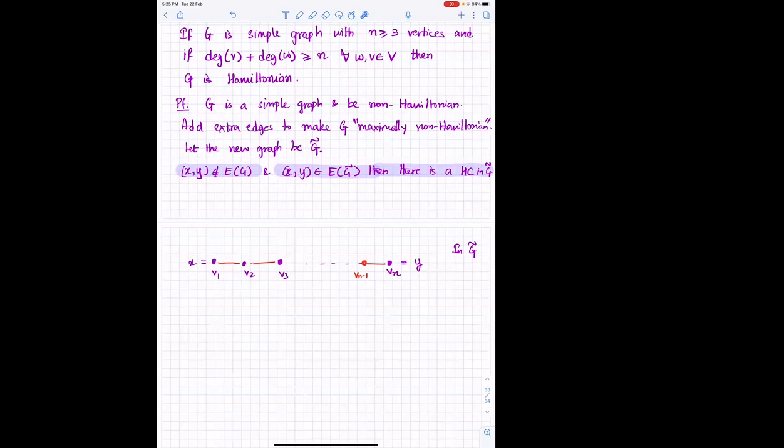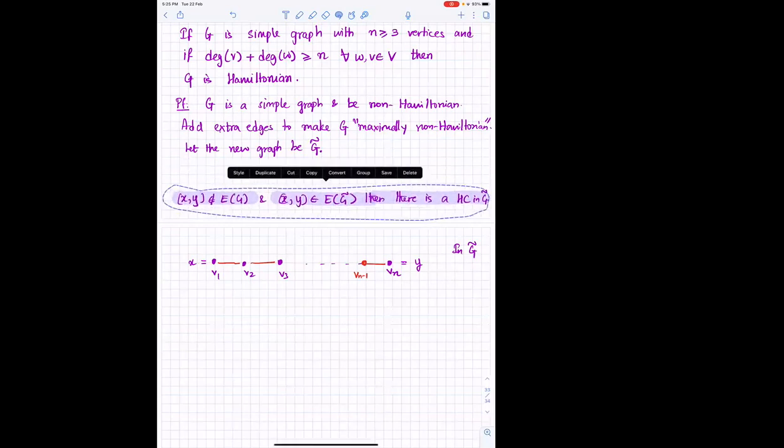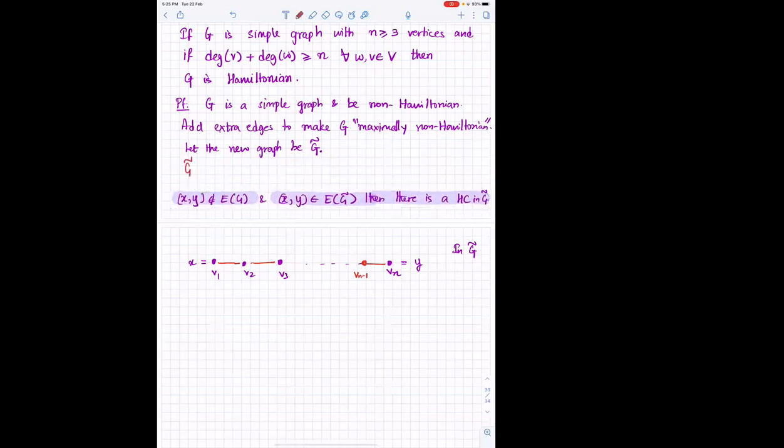Ma'am, but xy is not in E of G tilde, right? If we add xy to E of G tilde, then it becomes Hamiltonian. Correct. So G tilde is a new graph. G tilde is non-Hamiltonian, right? Yes. G tilde is a new graph that has the property that